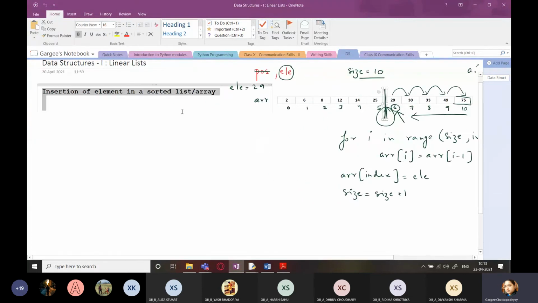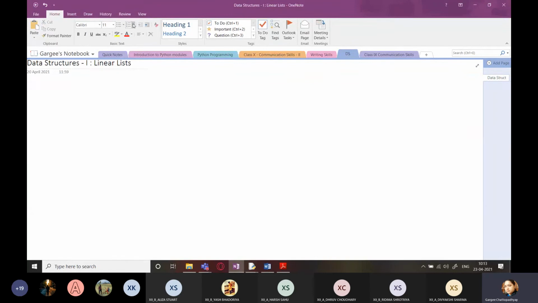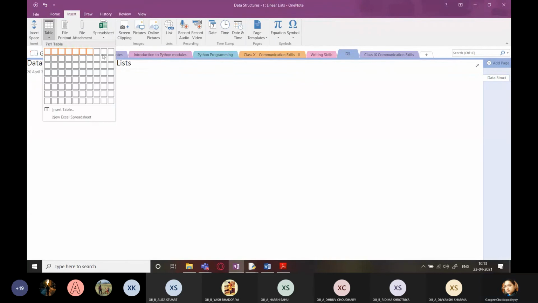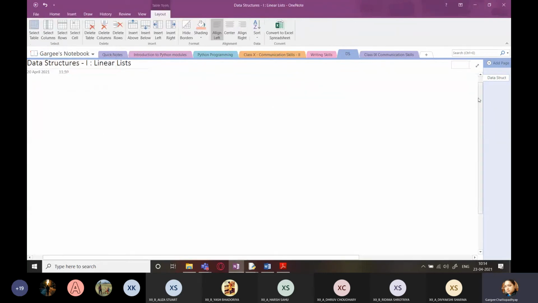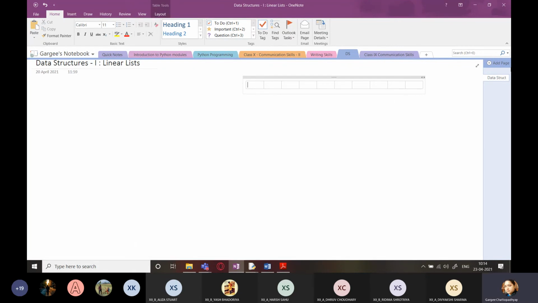I'm going to first delete everything over here and create a fresh list. So again, I'm creating a fresh array. Just give me a moment. I'm inserting an array consisting of all elements in the sorted order.